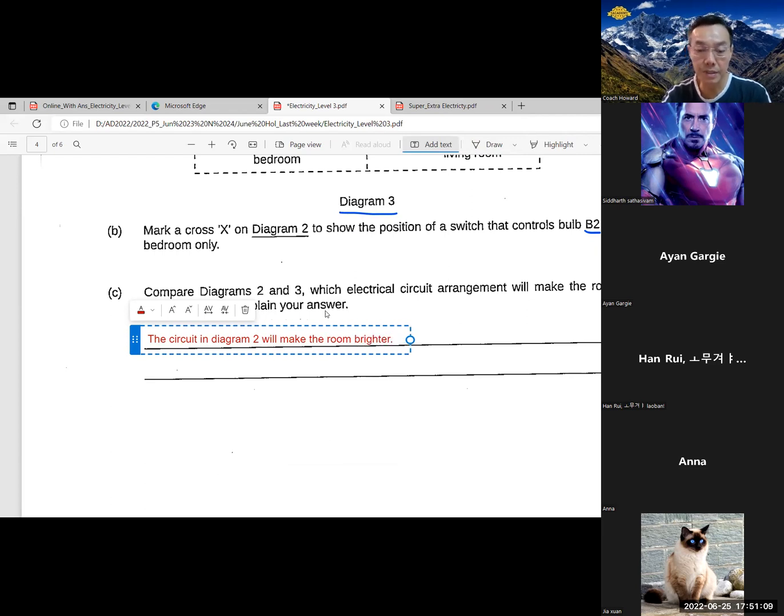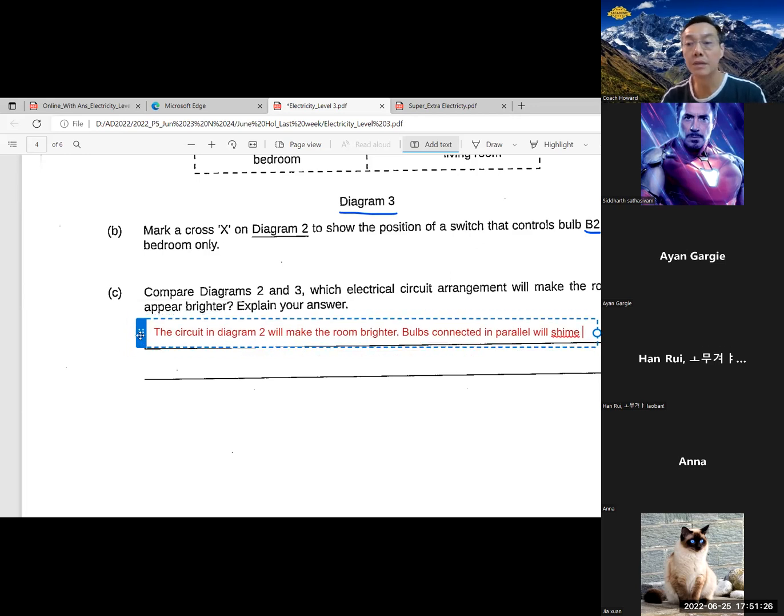Then the explanation: bulbs connected in parallel, P-A-R-A-L-L-E-L, will shine brighter